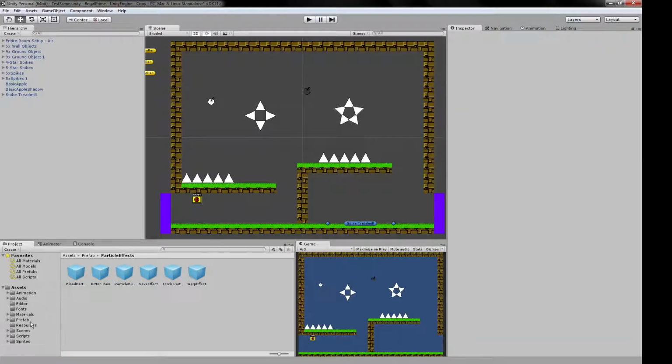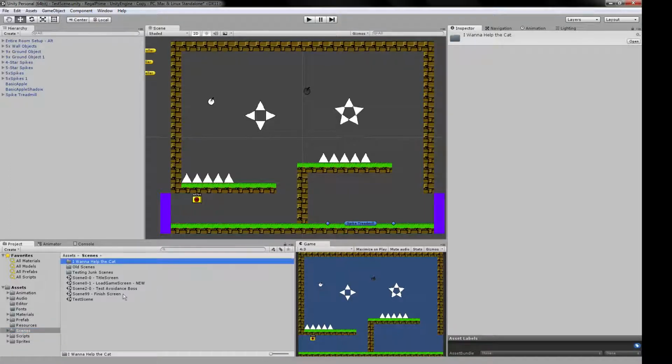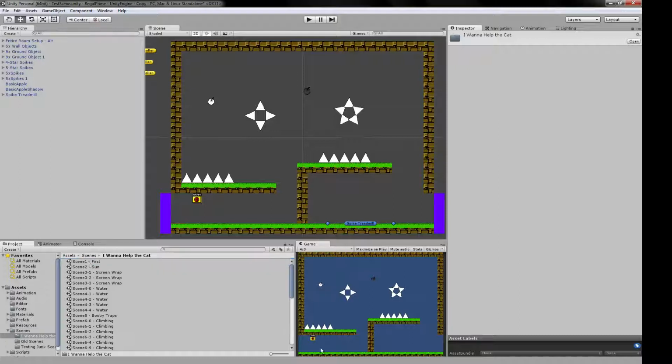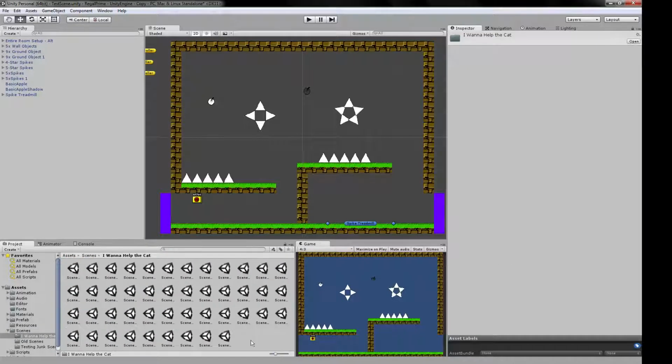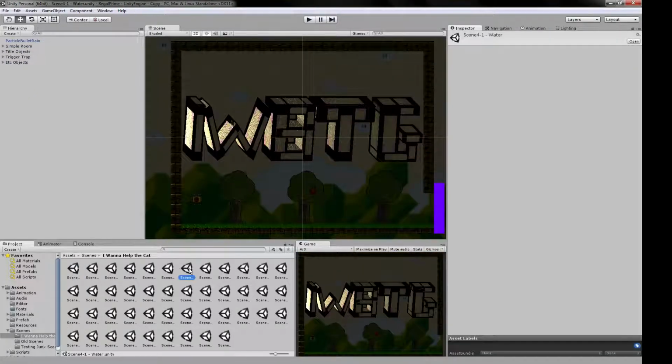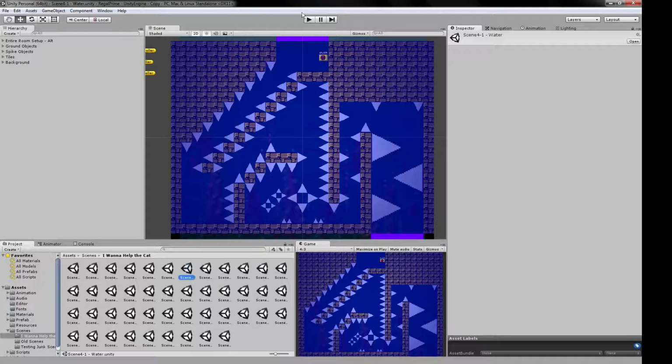So I think I'm going to leave it at that for now. I mean, there's a lot more to it than that. If you want to, in the scenes folder, we have "I want to help the cat." These are all the scenes from the actual game. I mean, you can go through these. Save. So, Matt, if you want to figure out how some, I mean, you could still play these even though